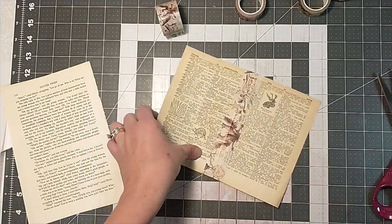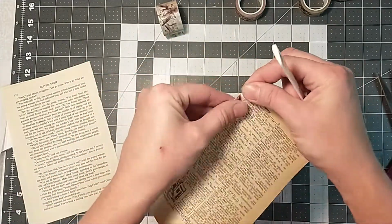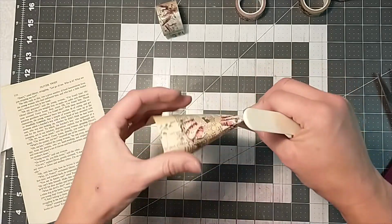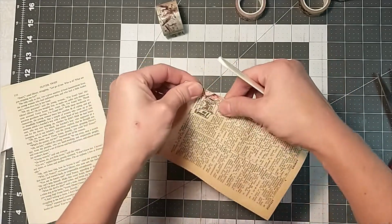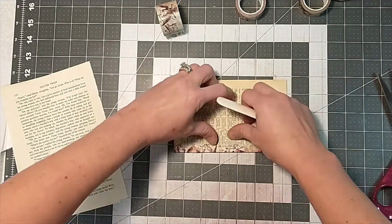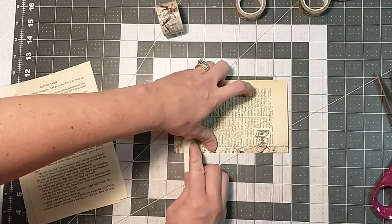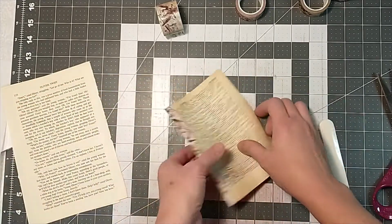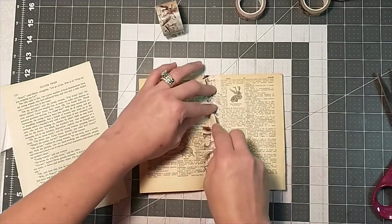So now we have our two pages put together, and then I just help fold them a little bit. You get them where the washi tape holds them together. Kind of have to train the fold there. So let's get that even, squash it down, force it to do what I want it to do. Okay, so now we have our page ready